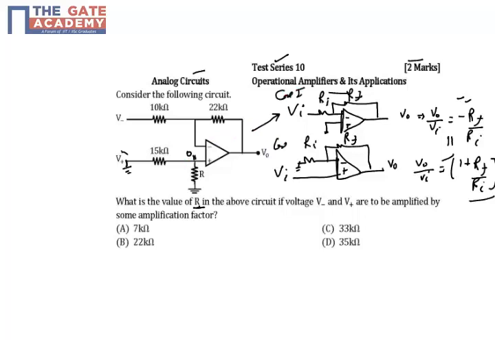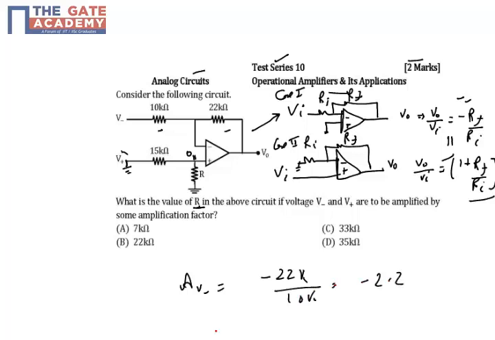You still have a feedback resistor which is 22k, an input resistor which is 10k, and your non-inverting terminal is grounded, which is 0. So your amplification gain in case of V minus is nothing but minus 22k by 10k, which is minus